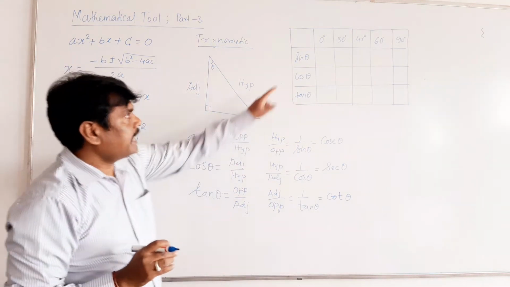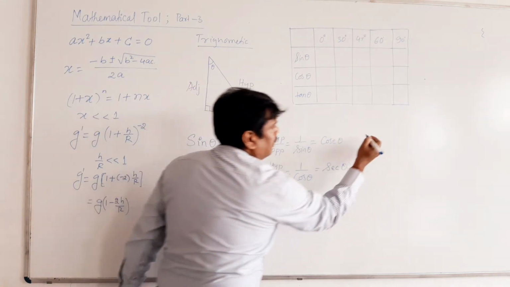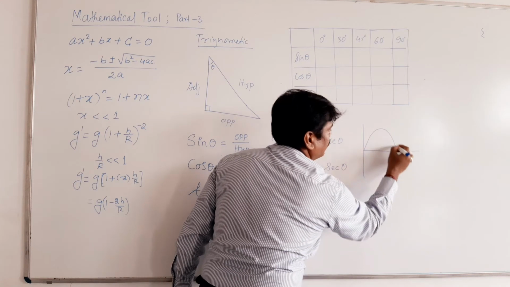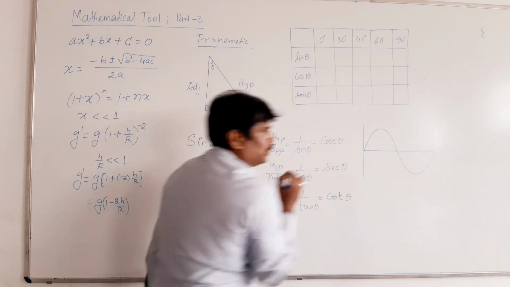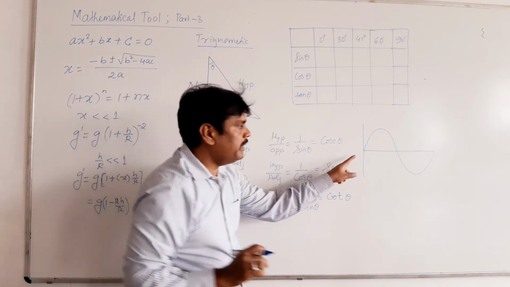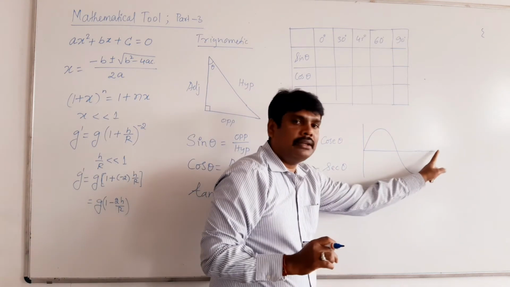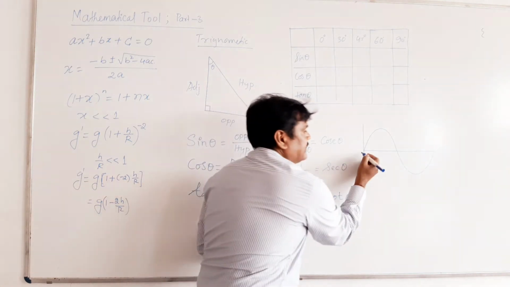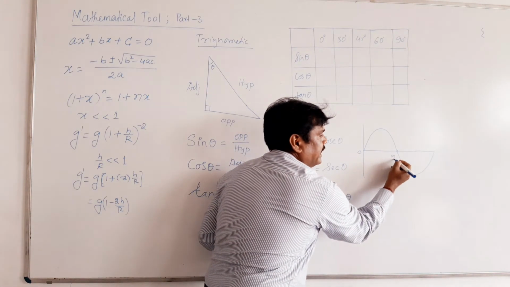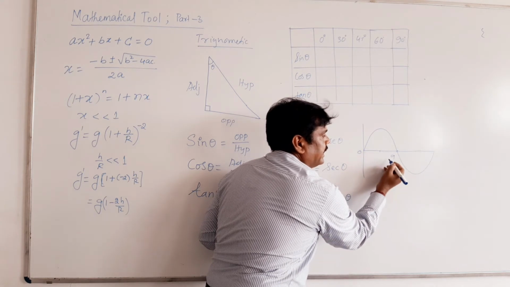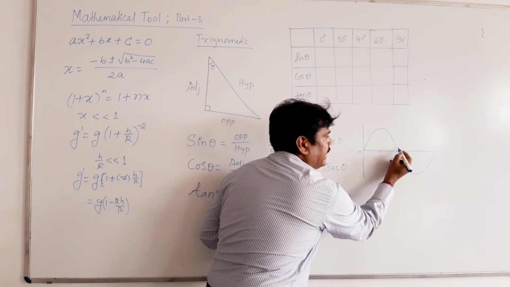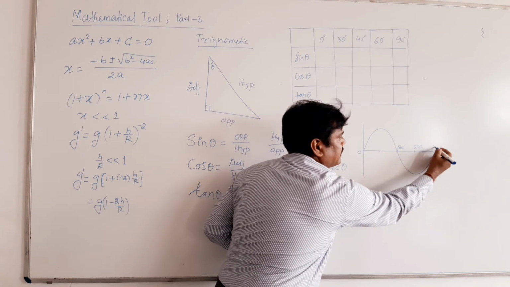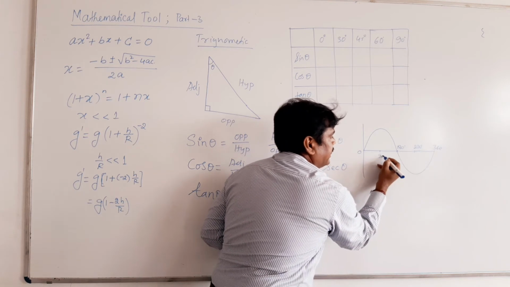See here, sine means one complete sine wave. To get one complete sine wave, what will be the total phase or total angle? It should be 360 degree, which means one complete circle. So this is 0 degree, this one is 90 degree, here it is 180 degree, here it is 270 degree and here it is 360 degree.